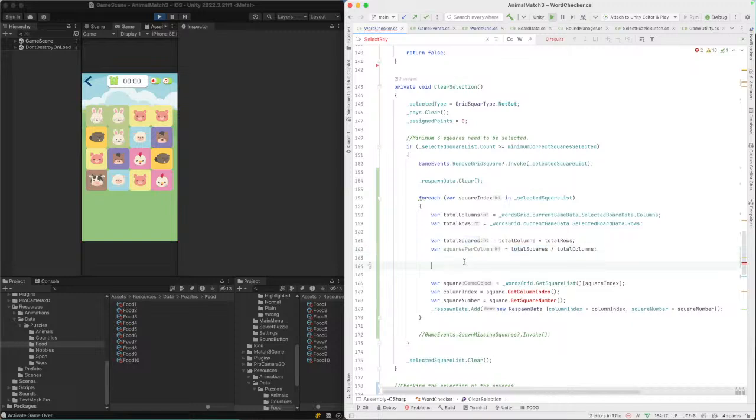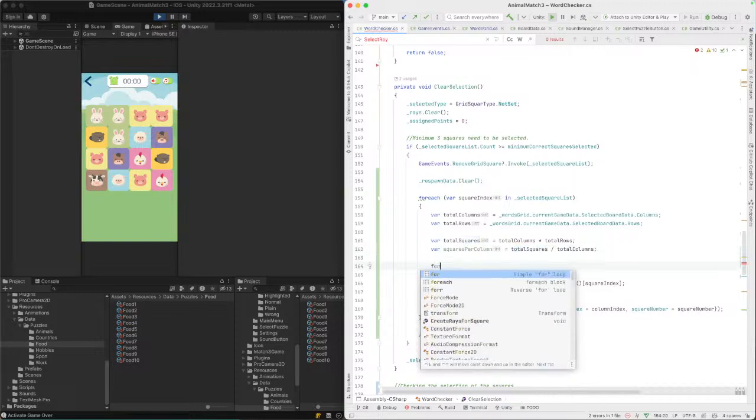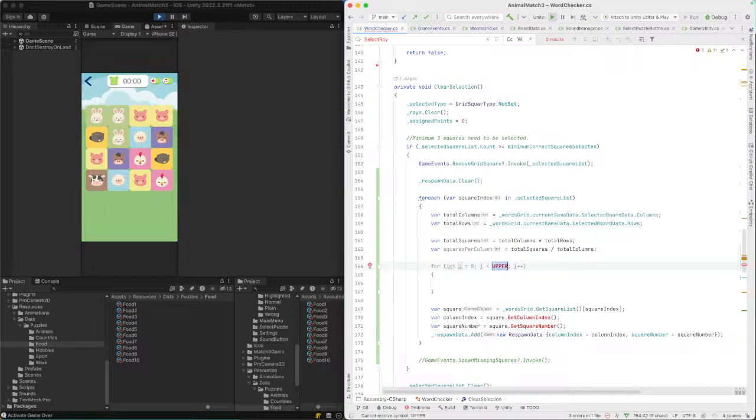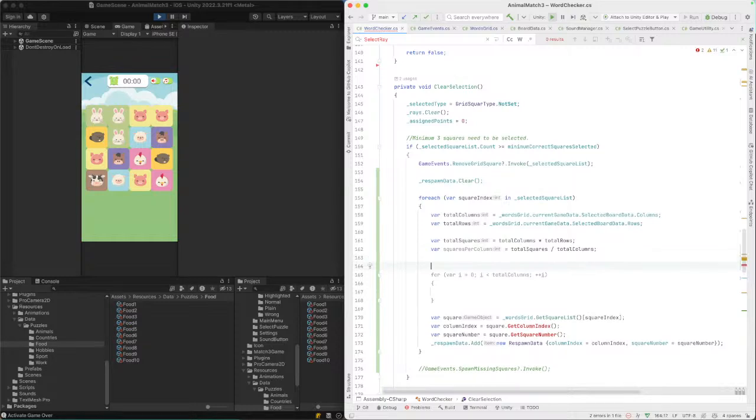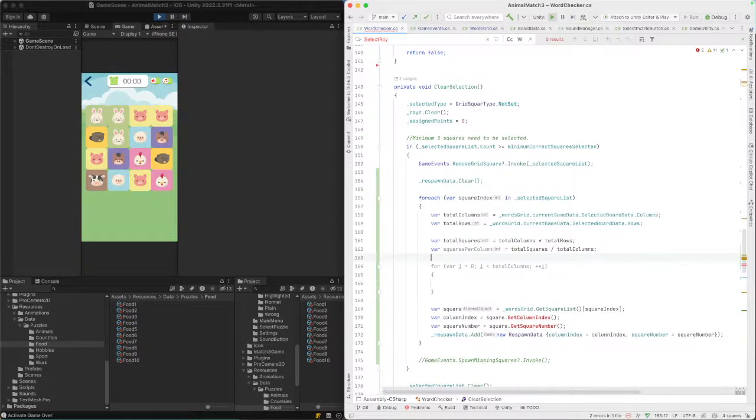Okay, so we can do it like that, and we need to loop through the total columns, and now let's make it var, and now what we want to do is check if